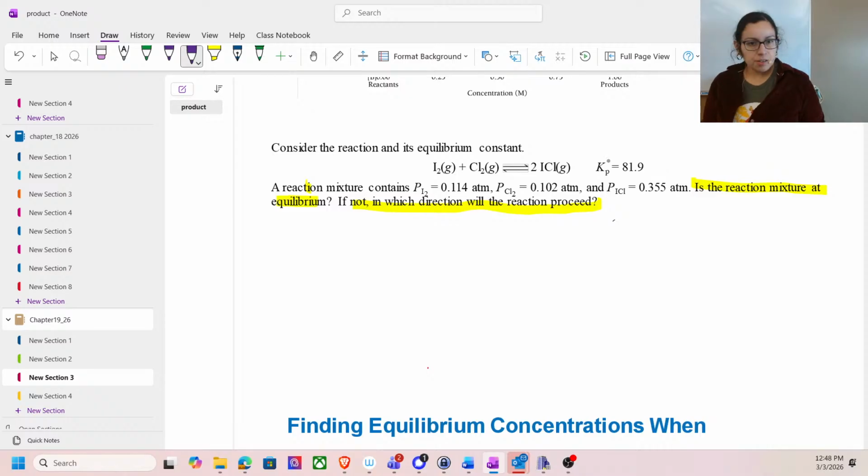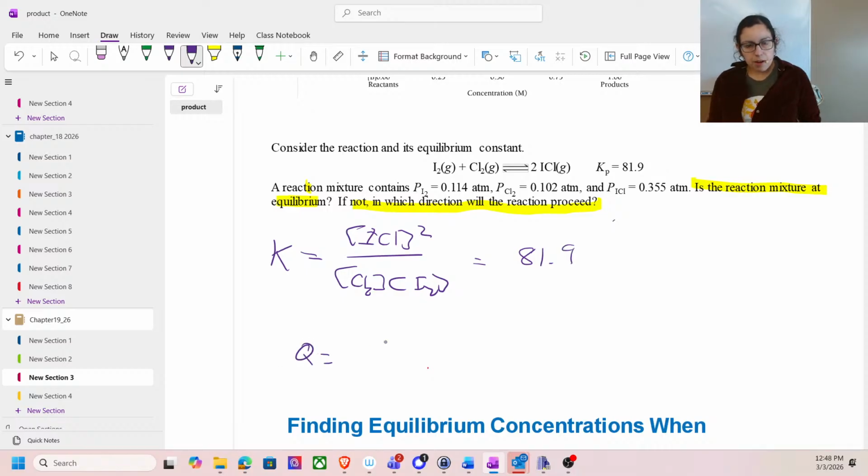So I'll just sketch this out. Just start off with writing our K expression, just for completion's sake, right? What does that mean? And then good, I'm seeing answers in the chat. And then, okay, well this is supposed to equal 81.9, but then comparing our Q snapshot, so plugging in